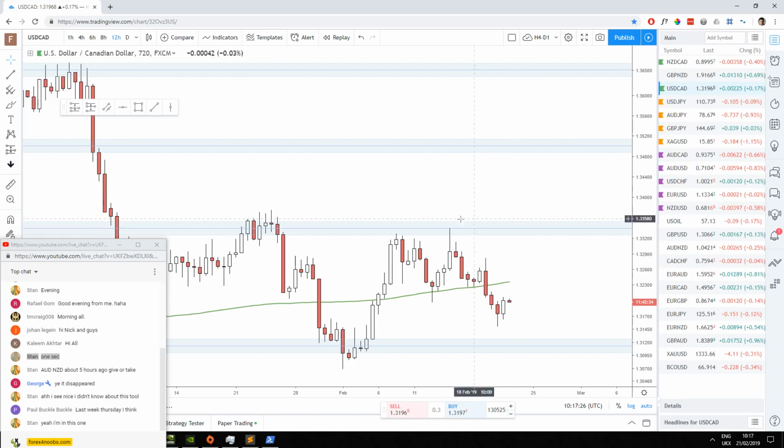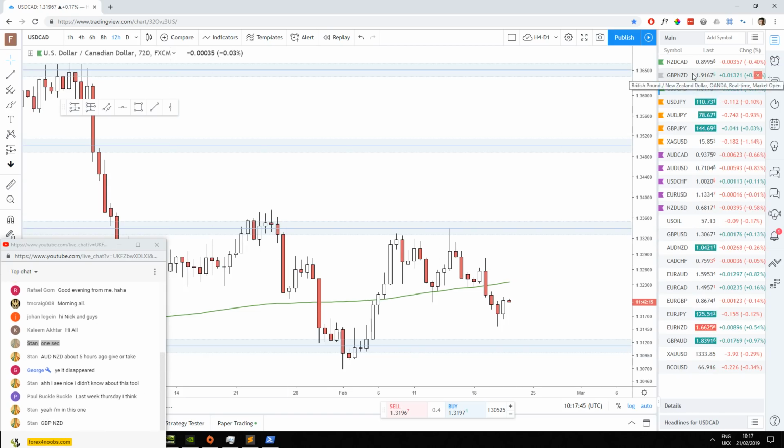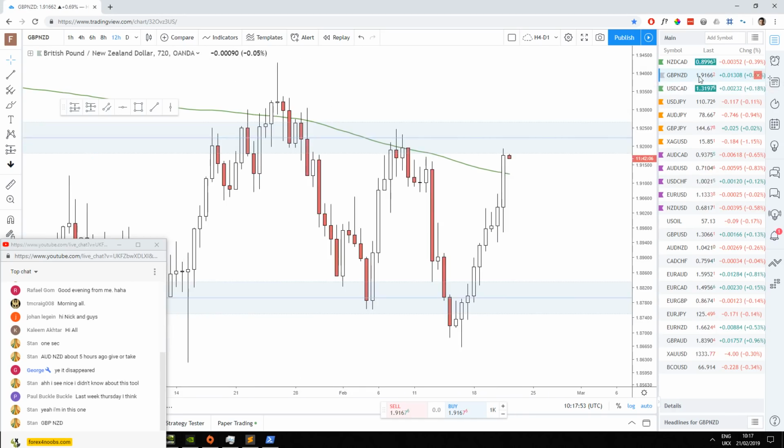If you're still holding on to a USD CAD short, wait, you're in GBP New Zealand or you're in USD CAD, Stan? I didn't see when you typed, yeah, I'm in this one. GBP New Zealand, fair enough. Well, nice, you should have hit target, right? Or you should be very, very close to target because